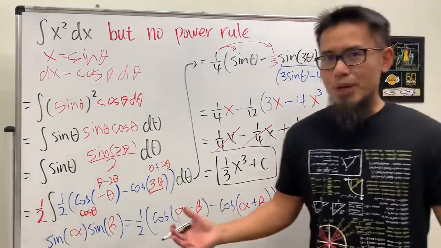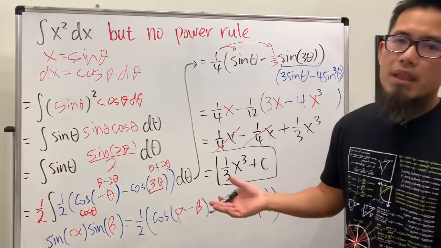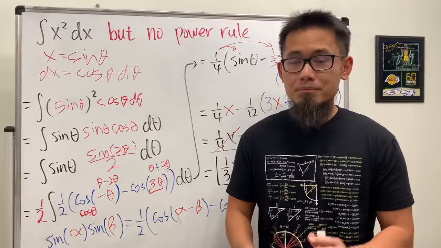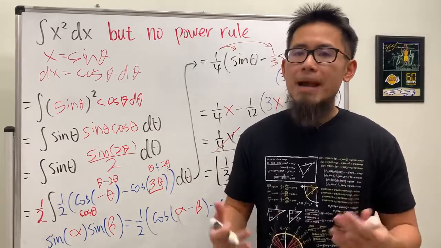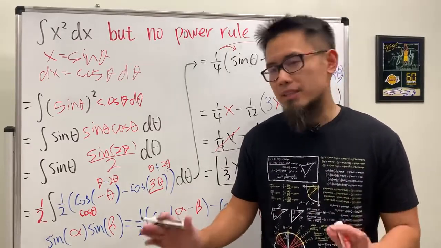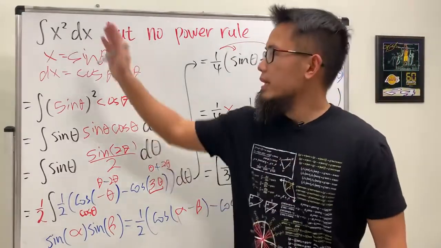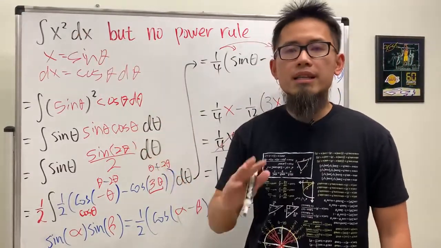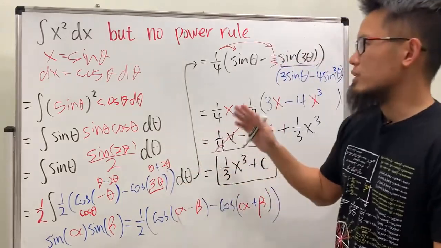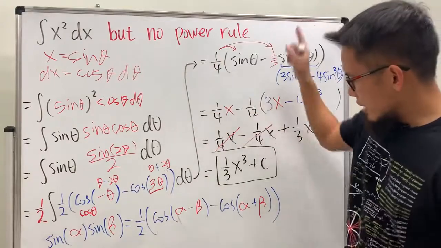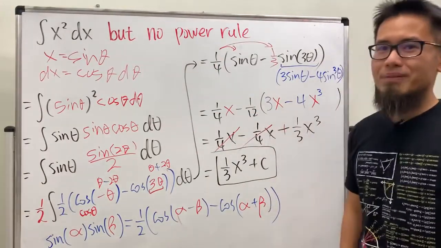Right, really cool, right? And in fact, there's another substitution, and the truth is, you can substitute whatever you want, but sometimes your substitution might not help you. Another substitution that will make this work out nicely is you can let x equal e to the t power. In that case, you don't need to use the power rule either, but you still have to use the chain rule. See, I didn't use the power rule at all, which is very cool, right? So anyway,